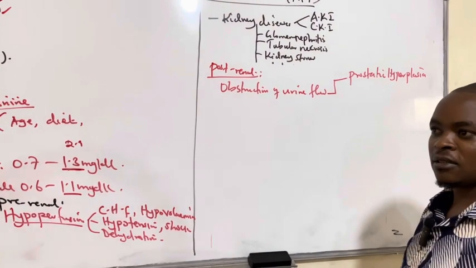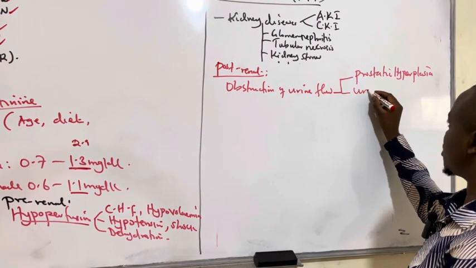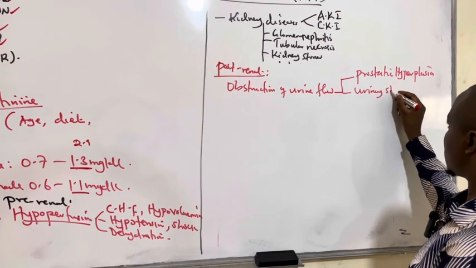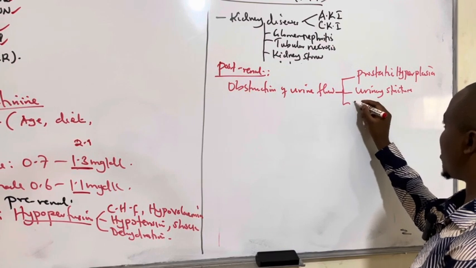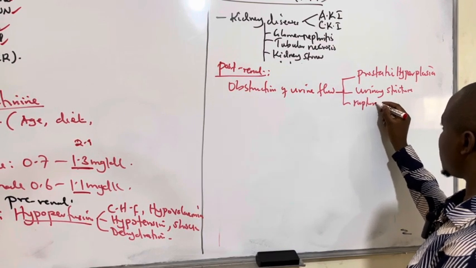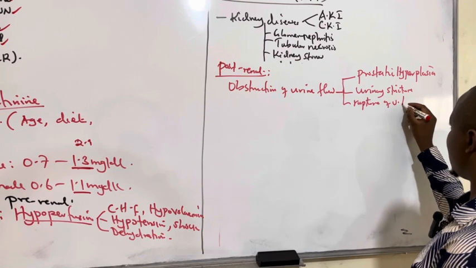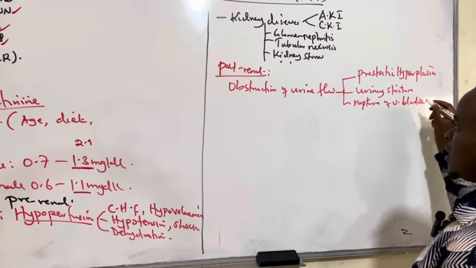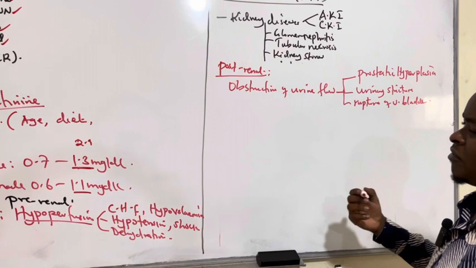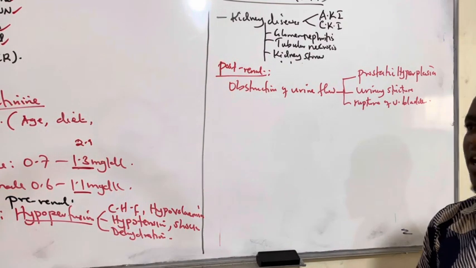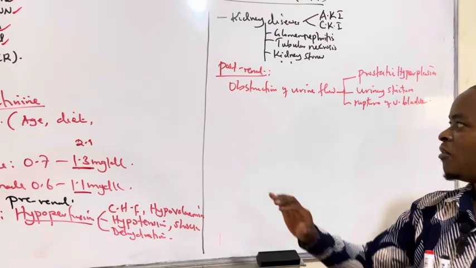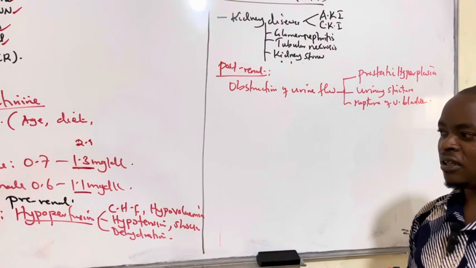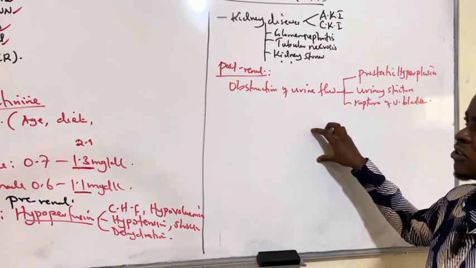We see it in urinary strictures, rupture of the urinary bladder. You can see it elevated, even in urinary schistosomiasis. So any condition that can block the urine flow or that can block the urethra, we can find creatinine elevated. And these are the same causes of both